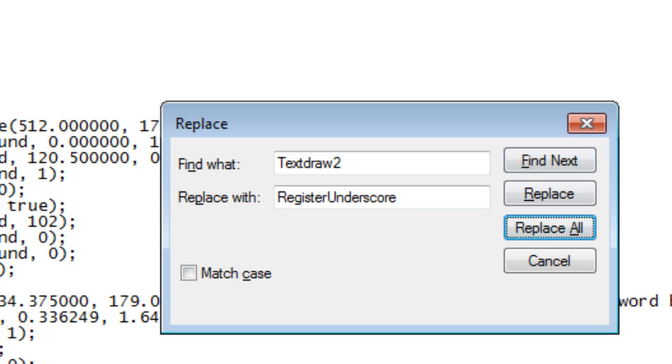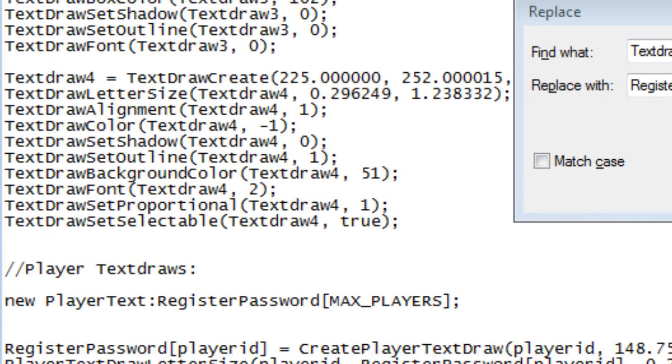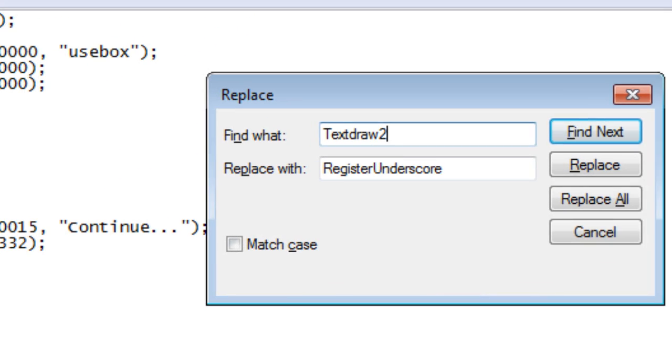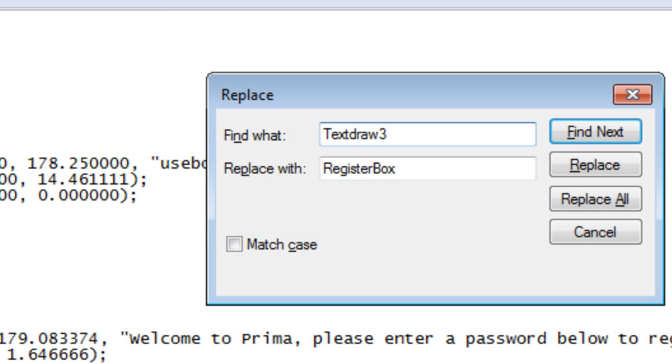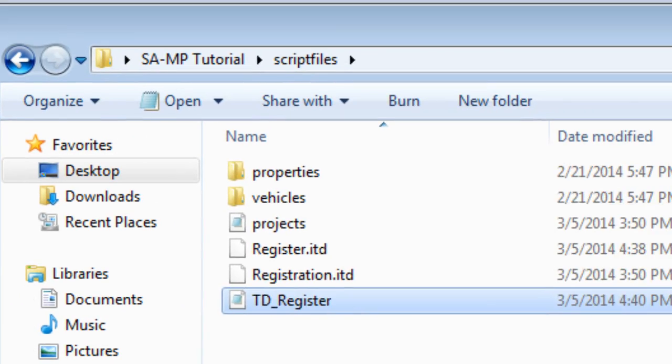Replace all. We then have 3 and 4, and these are the box as well as the continue one. So the box one is 3, so this is going to be register box. Replace all, and then we have the fourth one, which is the continue, so this is going to be called register continue. Now we have some more appropriate names, so what we do is go back to our Pono